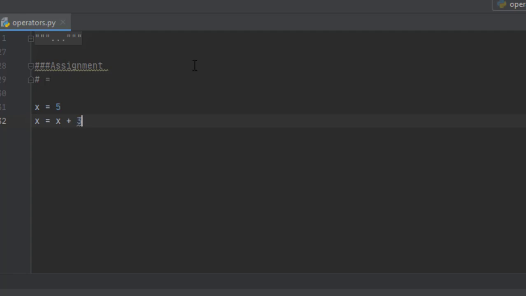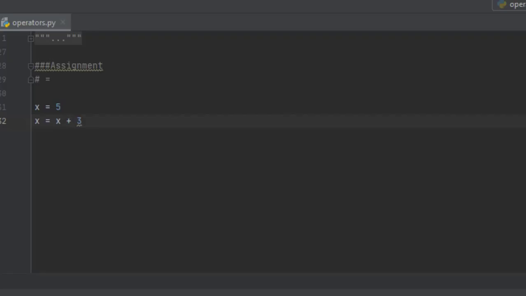First, the value of x is 5. In the step on line number 32, that 5 is added to 3, and 5 plus 3 is equal to 8, and that 8 is being stored in x. Is it a bit confusing? I hope it's not.